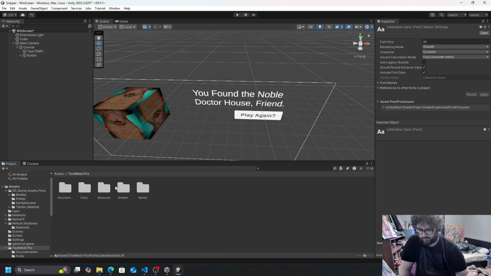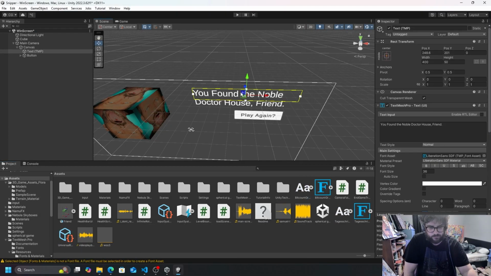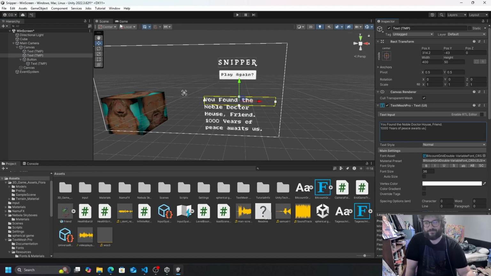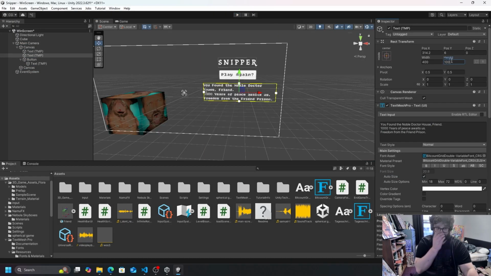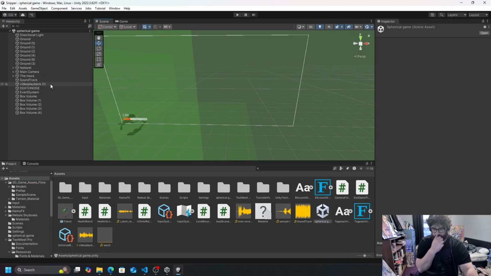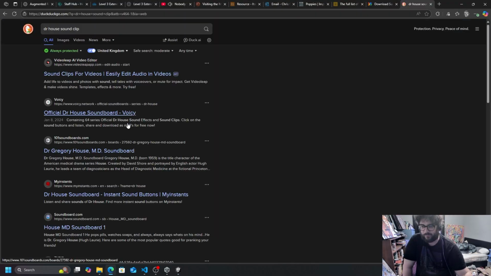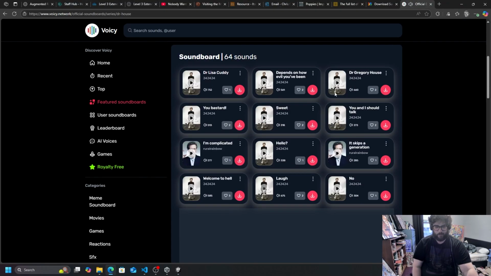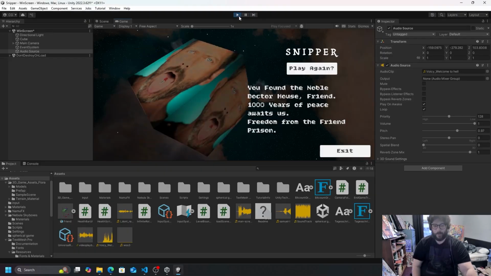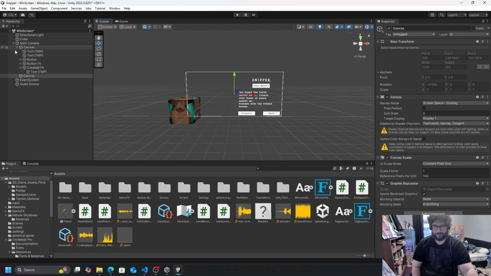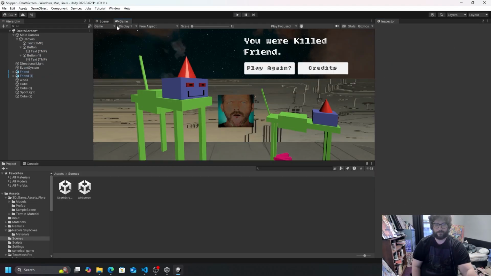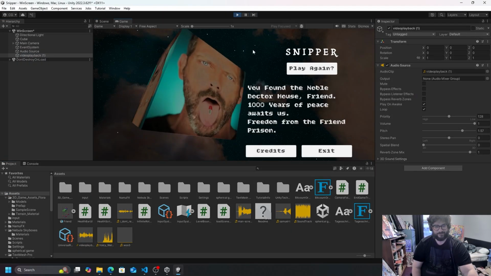So I started prototyping the UI with the canvas component applied to the main camera. Found a font. This is all stuff from today, actually. I wanted to make it have a bit more character, so instead of just using a generic font, again, it needs a lot of refining in terms of how responsive the actual text is. You'll probably notice from the prototype footage before that it was just a bit off. Yeah, get some house sound effects. This is actually fairly close to the end of the game.